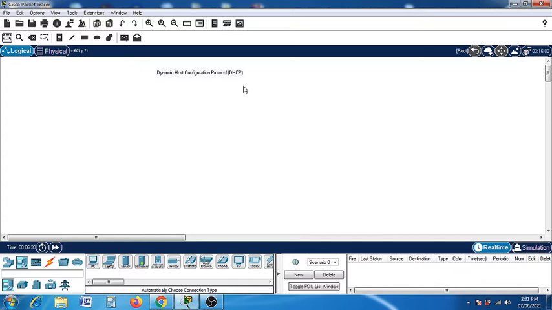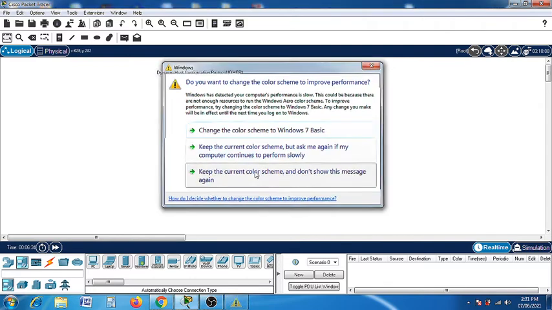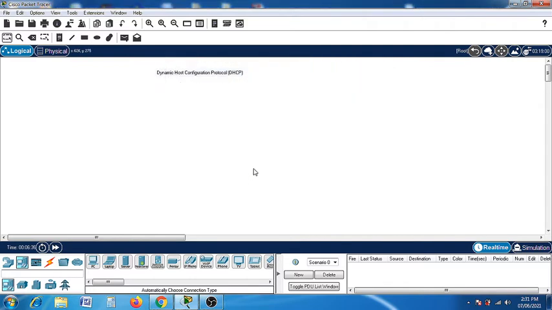DHCP is also used as an application layer program. It uses the client server architecture that we have seen earlier. It actually helps TCP/IP at the network layer also. A network administrator, or we can say network manager, can configure DHCP to assign permanent IP addresses to the hosts and the routers.